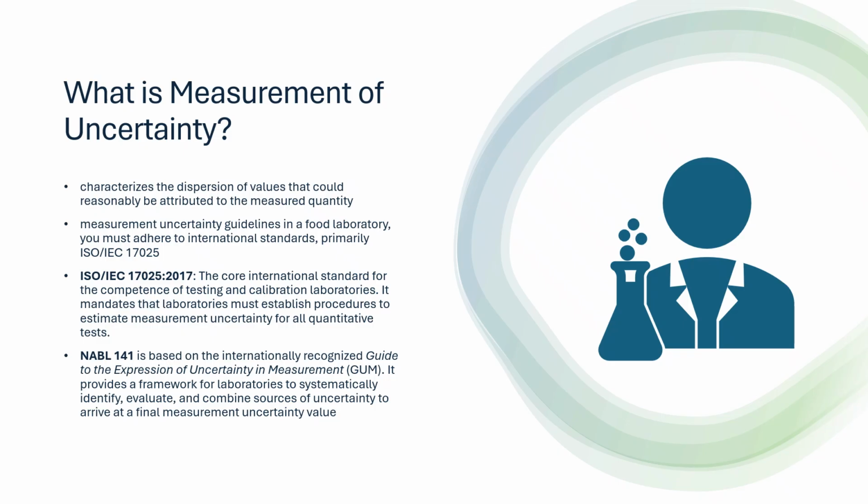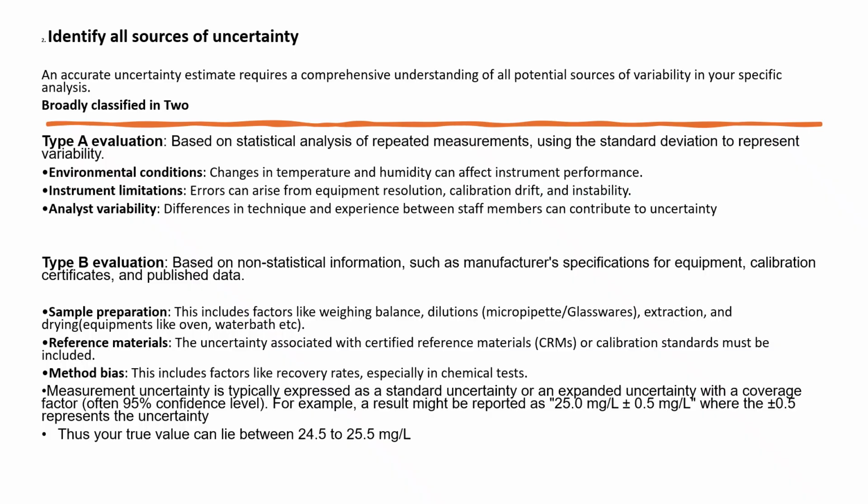It provides a framework for laboratories to systematically identify, evaluate, and combine all the sources of uncertainty to arrive at a final measurement uncertainty value. So your uncertainty can be broadly classified in two, that is type A evaluation and type B evaluation. In type A evaluation, it is based on statistical analysis of repeated measurement using the standard deviation